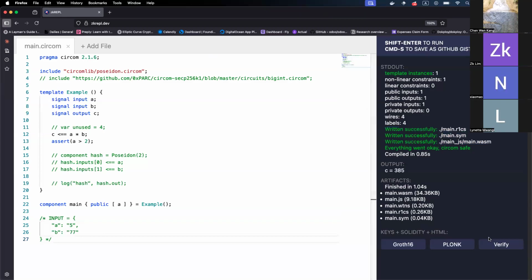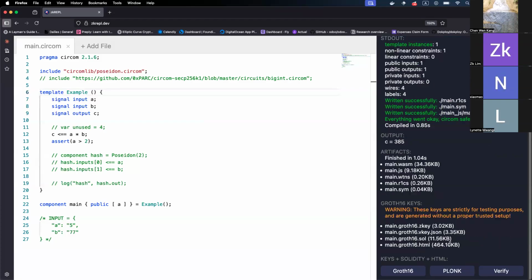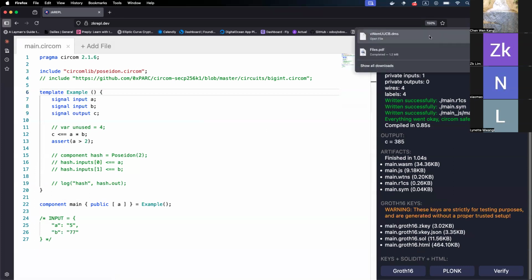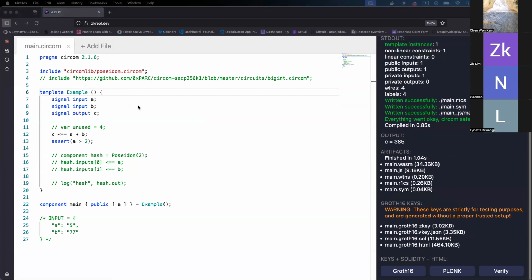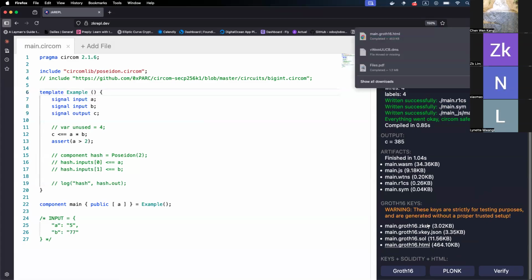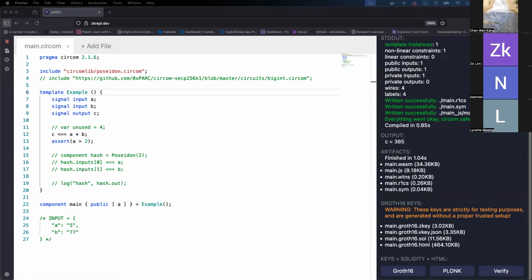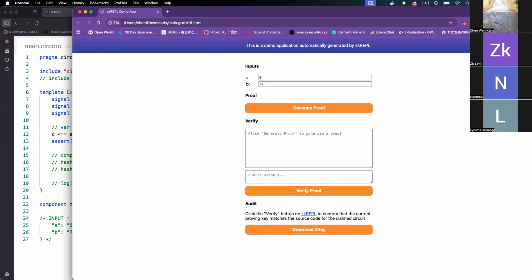Oh, wait, what is this? Oh, no, no, no. I think I can just do graph. There you go. Oh, the hell. Nope, it doesn't work anymore. I forgot how to actually. Oh, there you go. There you go. So